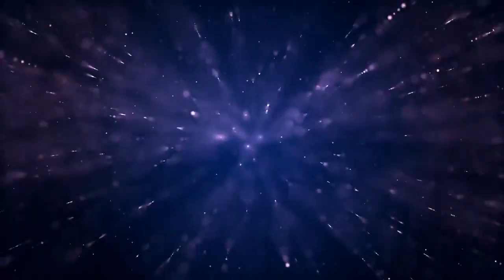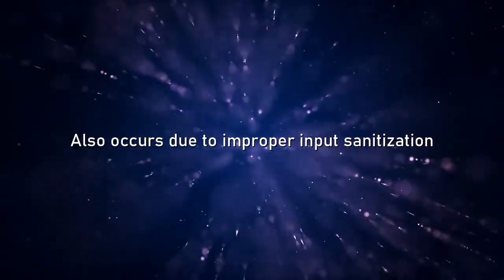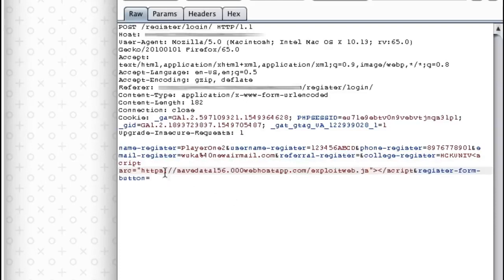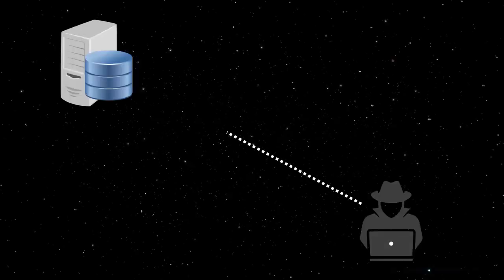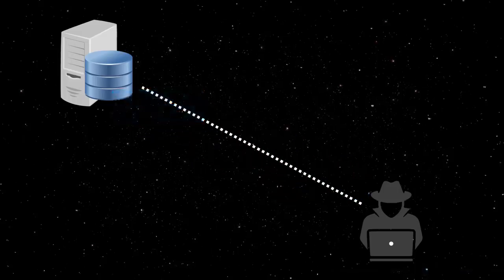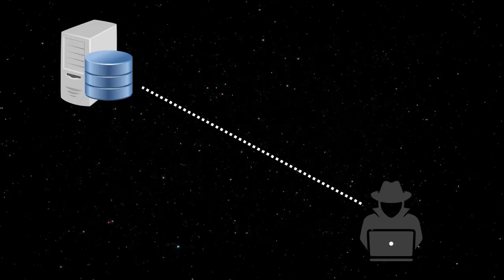Cross-site scripting. This loophole also exists because of the improper input sanitization. In this attack, the hacker injects some malicious script on the client side, or in other words, the browser. But how does injecting a script on the browser affect the whole website? It's simple. When the hacker injects some JavaScript, let's say, in a web page and saves the activity on the web page, the user input, which includes the malicious JavaScript, is sent to the server so that it can be